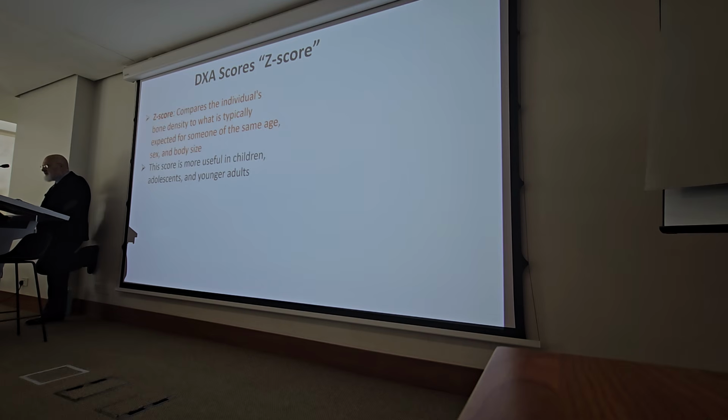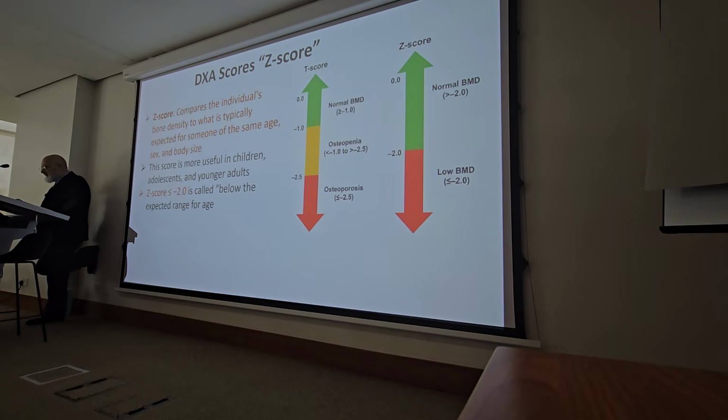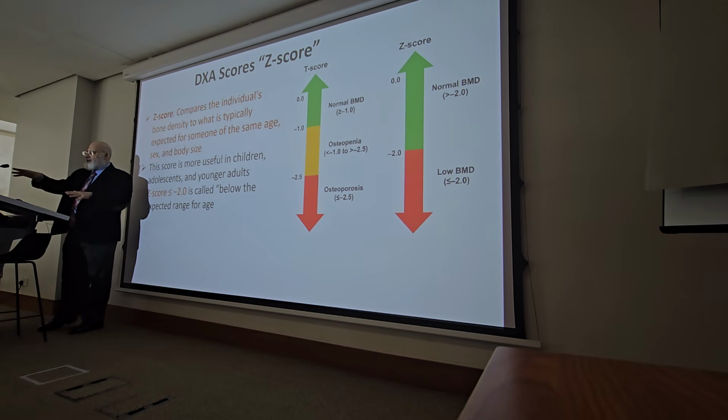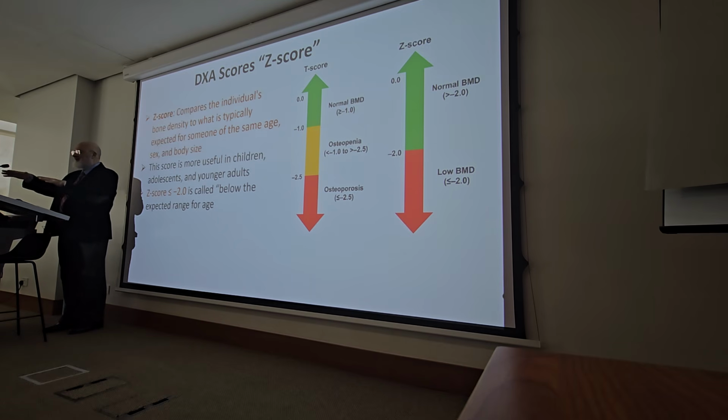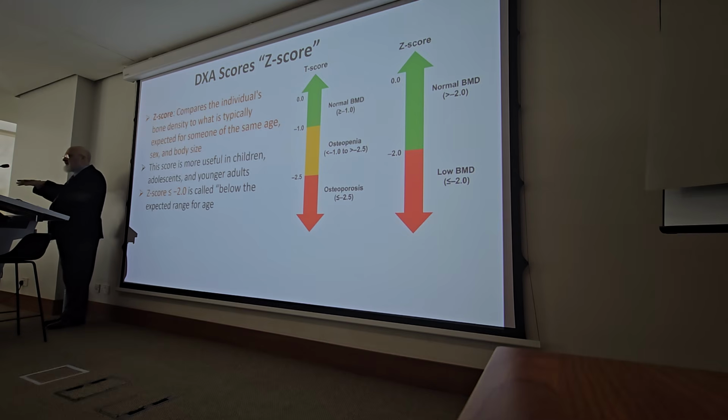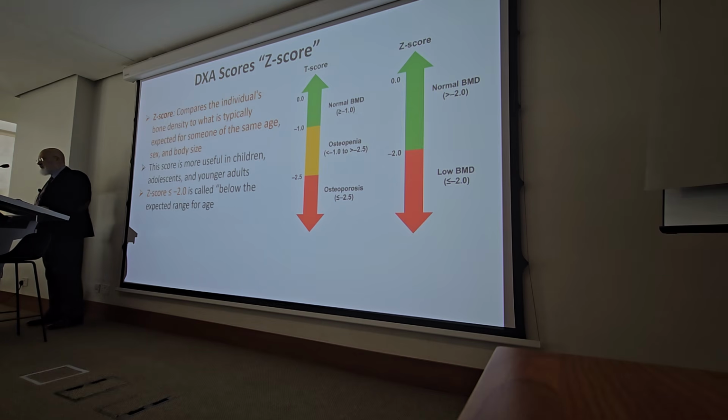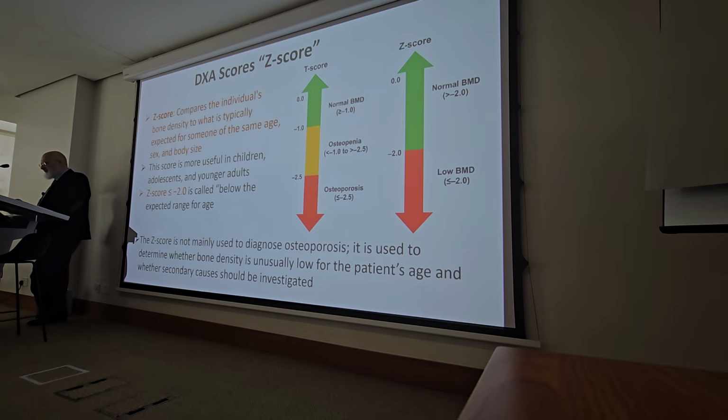Now there's something called the Z-score. The Z-score is a little different because in this case, you're comparing individuals. So they compare Nasser with the guy next to him, whose name I don't know, the same age and sex, and we see who's actually better than the other, and we can see the changes in that. It's supposed to be standard, and then, okay, Nasser is a little bit higher, and he's a little bit lower, or the other way around. But the T-score is comparing to the average age and what happened over time. So the Z-score is basically not considered the gold standard when it comes to osteoporosis,